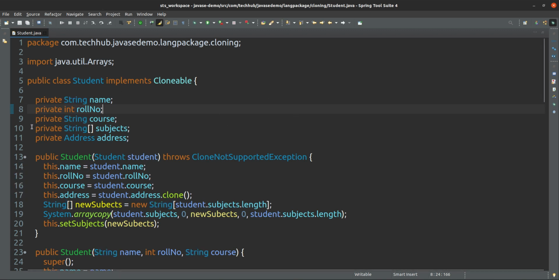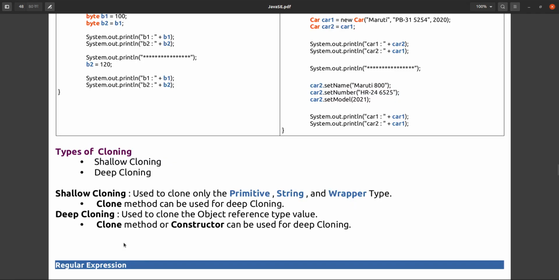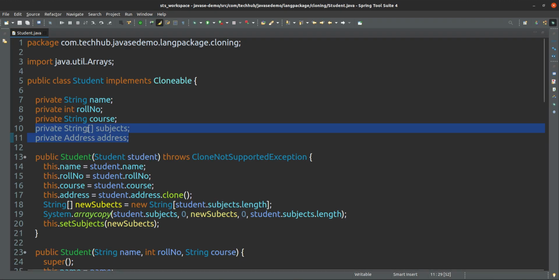We have to do the cloning for a reference variable explicitly, which we can do using the clone method or using a constructor. That is up to our choice how we want to do it. Deep cloning means cloning the object reference types. Yeah, this is the object reference type.